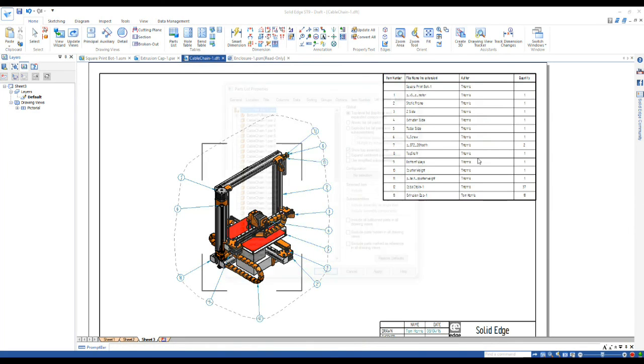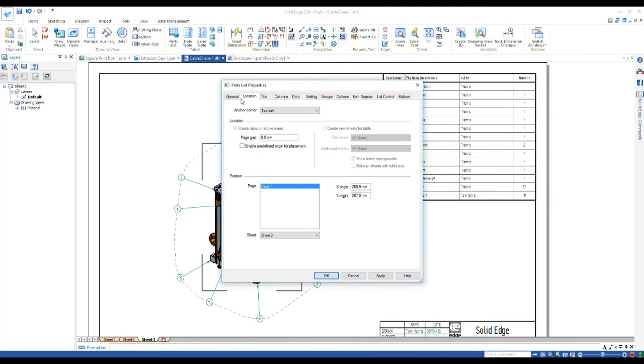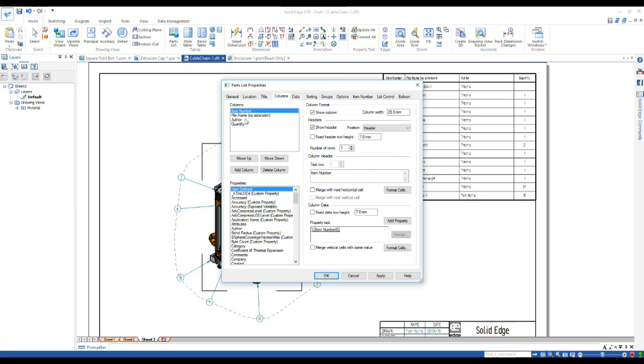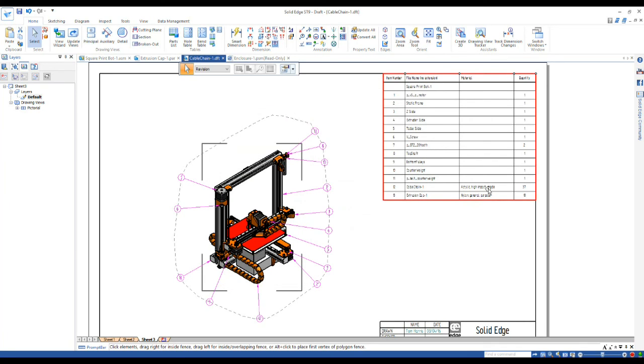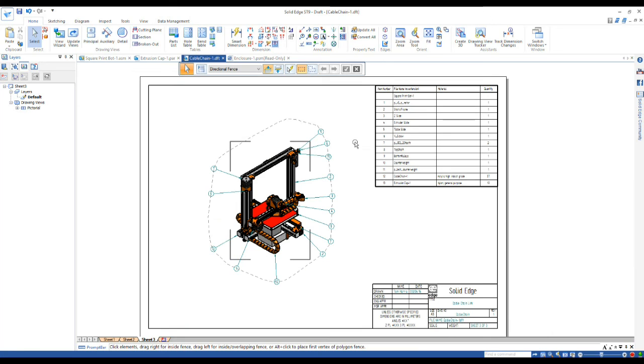Now I probably don't really want the author in my columns, so I'll delete that, and I might go and add the material, for example. I've only got a couple of components in this particular assembly with materials assigned, and it just shows you how quick and easy the documentation process is. So I'll just save this,